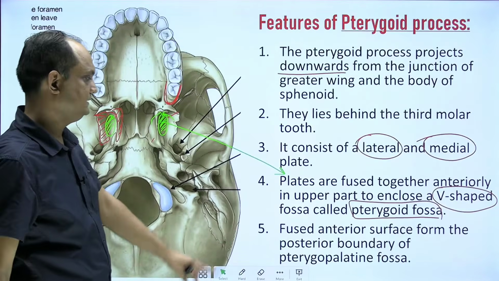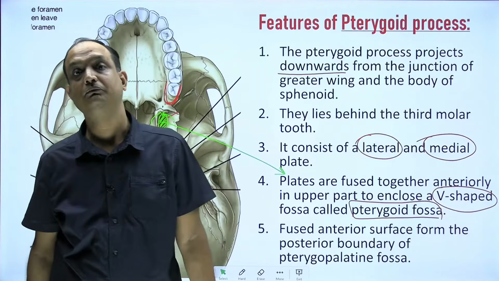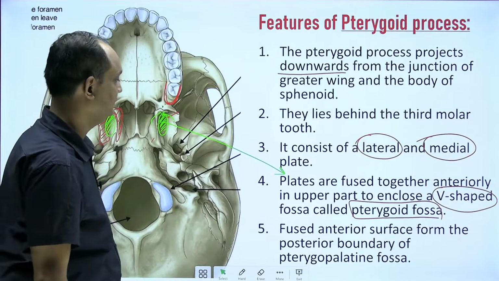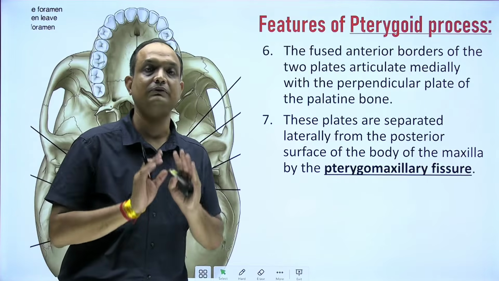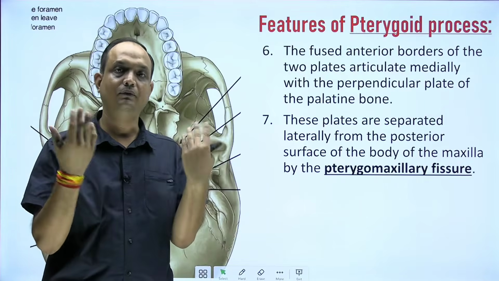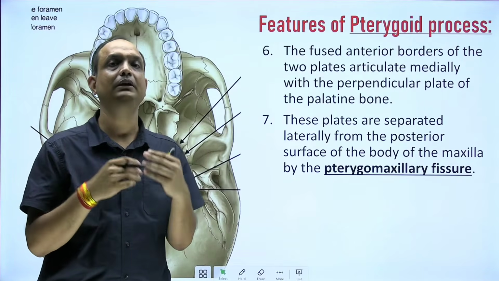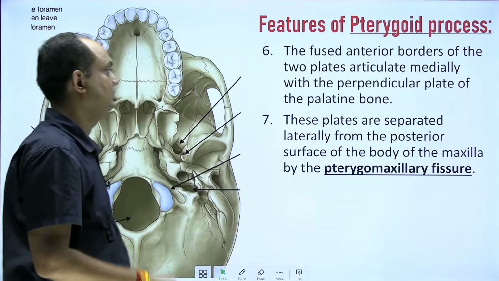The fused anterior surface forms the posterior boundary of the pterygopalatine fossa. Now, it is again important to understand that the pterygopalatine fossa is a fossa which lies in front of the sphenoid bone. Clear? And in front of the sphenoid bone, more particularly in front of the fused medial and lateral plates of